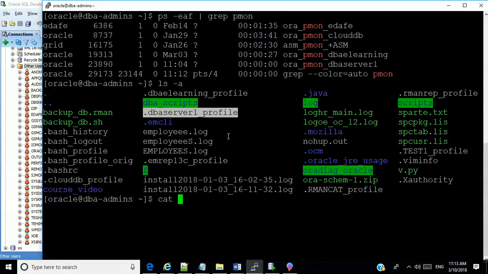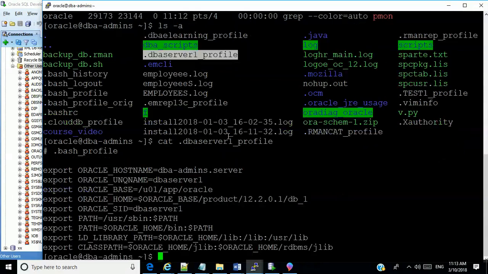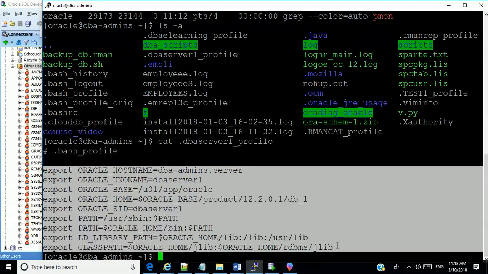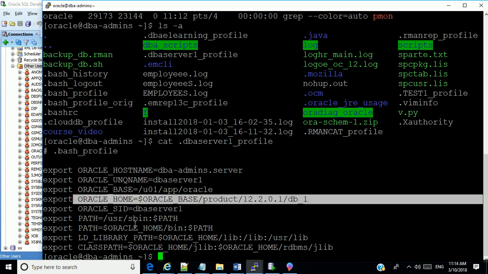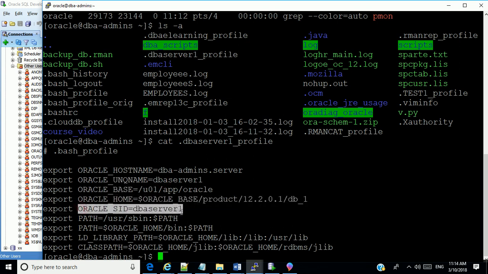Let me cat that file so we can see the contents. You notice we have some environment variables defined in that file: the Oracle unique name, DBA Server 1, the Oracle base, the Oracle home, the Oracle SID, and also the path.